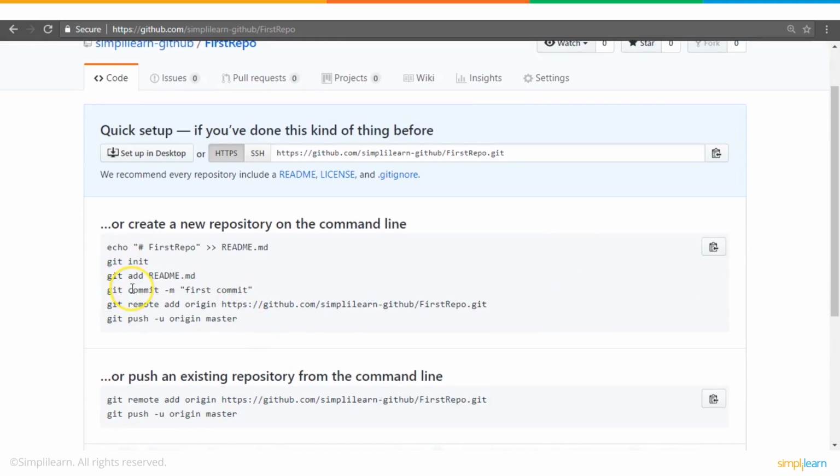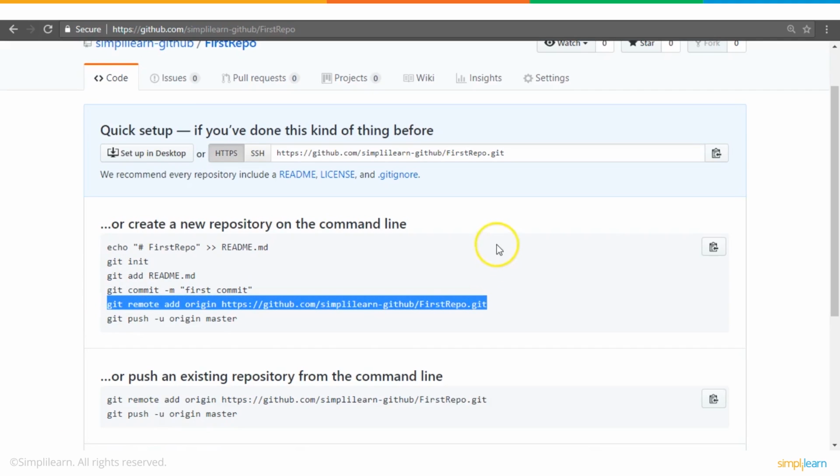So I've done all these things. I already have the repository set up. All that I need is a placeholder for me to connect my local repository with the server URL. So this would be the command that I need to copy, which essentially links or adds an origin with the URL of the Git server. I just copy this command